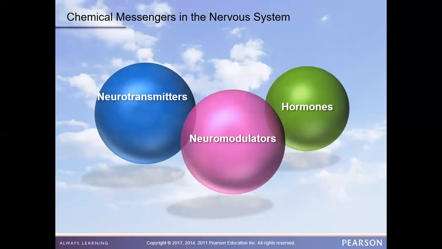So neurotransmitters communicate with neurons to tell them what to do. Hormones communicate with glands, tell them what to do. When you think about neuromodulators, you can think of neuromodulators as the big boss. Neuromodulators are the ones that tell neurotransmitters and hormones what to do and when to do it, when to fire and when not to fire. Hey, neurotransmitter, why don't you go over there and tell that other neuron to do a thing? Or why don't you tell it to stop doing a thing?